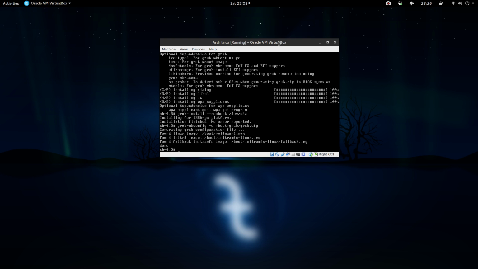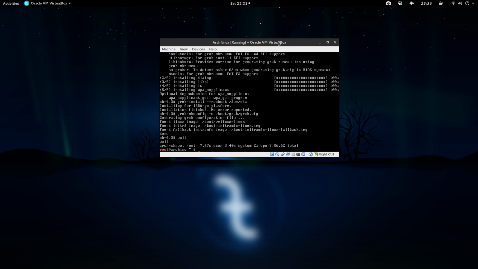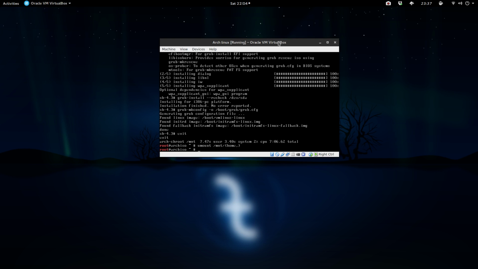Now we are done being in the chroot, so we can just exit out here, and we are actually done with the base install. So we just have to unmount everything. So it'd be umount for unmount, /mnt. This is one way of doing it. I'm sure there are other ways, but I just do brackets home, then here, and then whatever else you have, like var or whatever. So that has unmounted it.